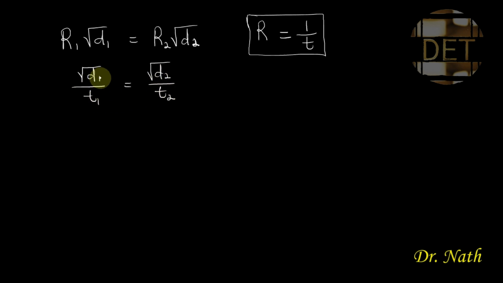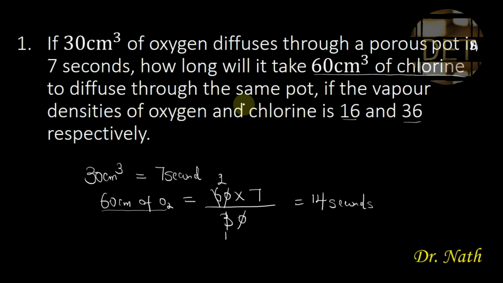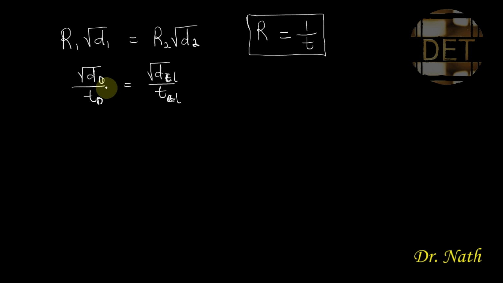So my D1 will be my oxygen while my D2 will be my chlorine. So 2 will be my chlorine and 1 will be my oxygen. From the question, the vapor density of oxygen is 16. If the vapor densities of oxygen and chlorine are 16 and 36 respectively, it means they come in that order: oxygen and chlorine, 16 and 36. So the vapor density of oxygen is 16. So my D1 is equal to the square root of 16